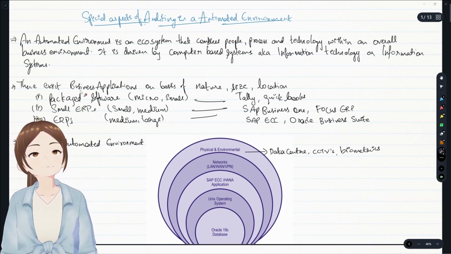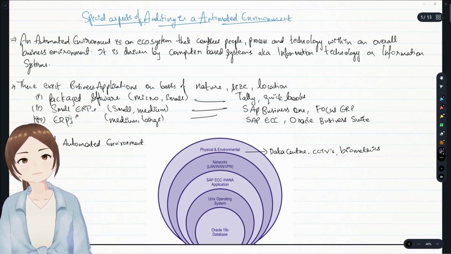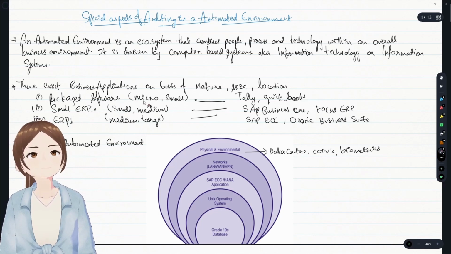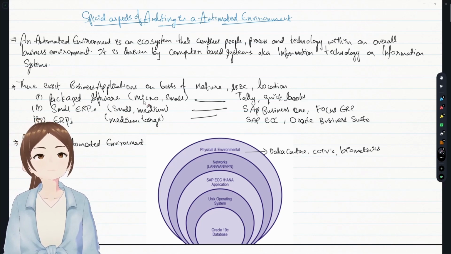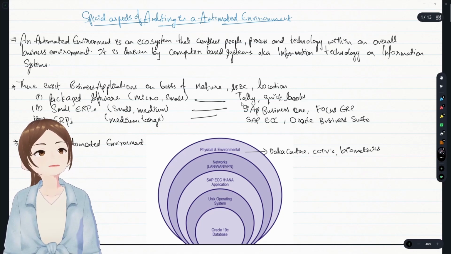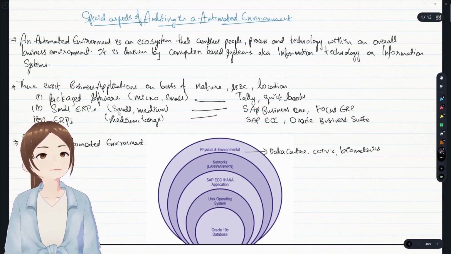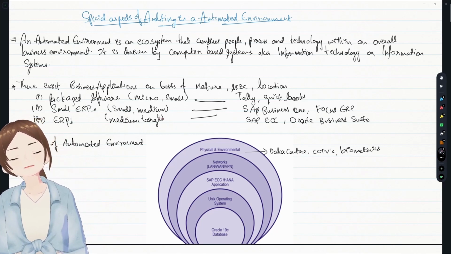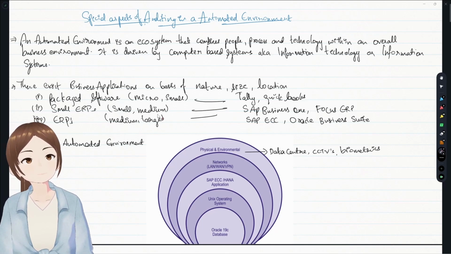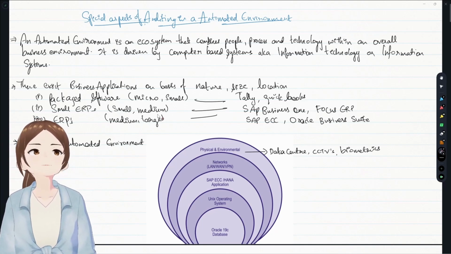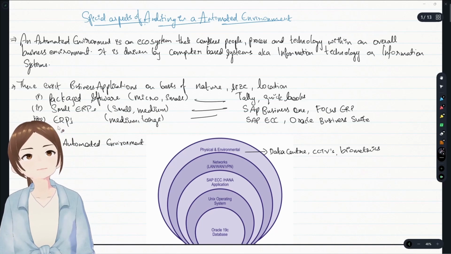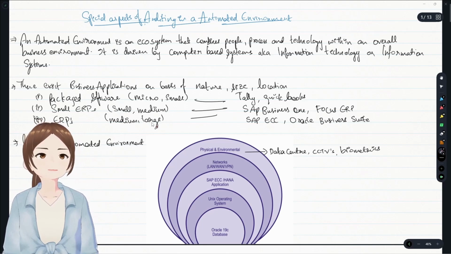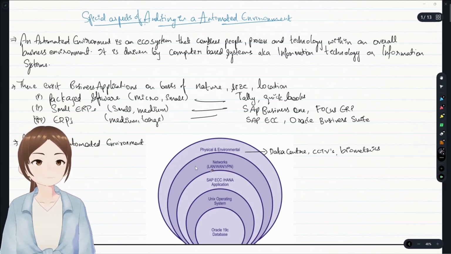So business applications are of three types. There's package software, small ERPs, and ERPs. Package software is mostly opted for by micro and small enterprises, which is not customized or tailor-made, like Tally and QuickBooks. Small ERPs are for small and medium enterprises, which are not tailored but have some specified or custom modules depending upon the area or industry they are in. ERPs are used mostly by medium and large enterprises, which are tailor-made, like SAP ECC, Oracle Business Suite, etc.